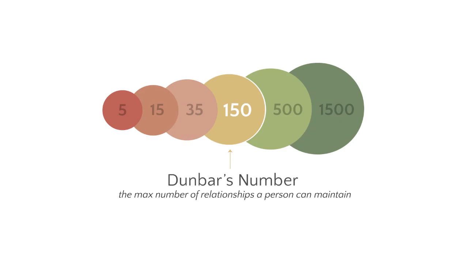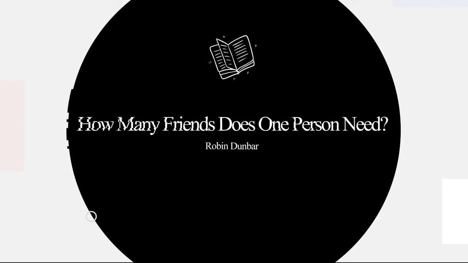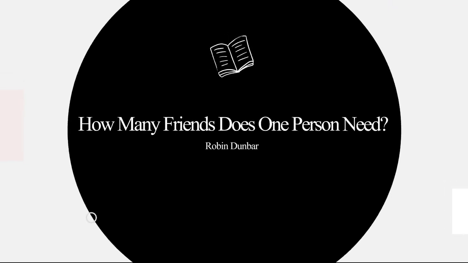He's talking about numbers, and I'll put a link in the description for you to continue learning about it if you want. But if you need a clue, you can start with this book, How Many Friends Does One Person Need? by Professor Robin Dunbar. This formula will affect all departments, which means try to make your team as small as possible. But how small it should be in each department and how many leadership layers you need is another story.